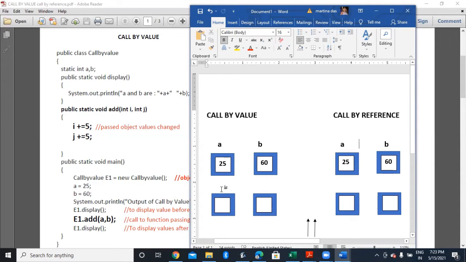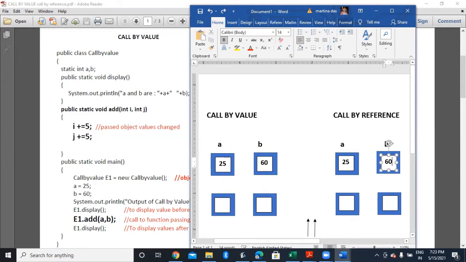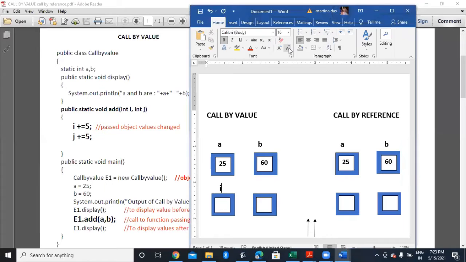In call by value, here you can see that I am having A and B. As you can see, this is my argument. So I'll just write over here, argument. So you can see my A and B are my arguments that were in my main method.